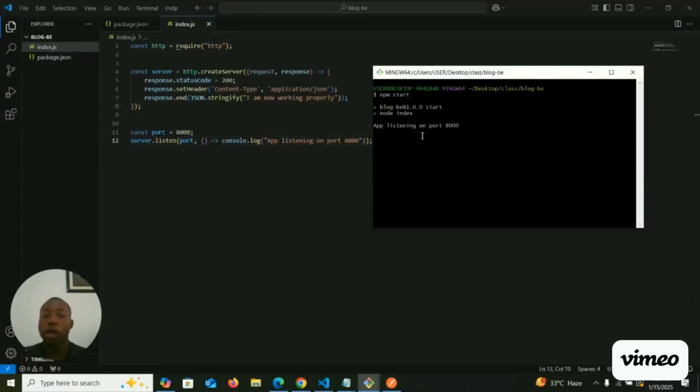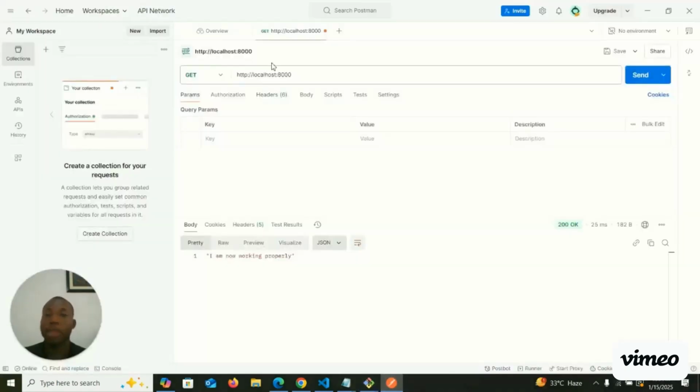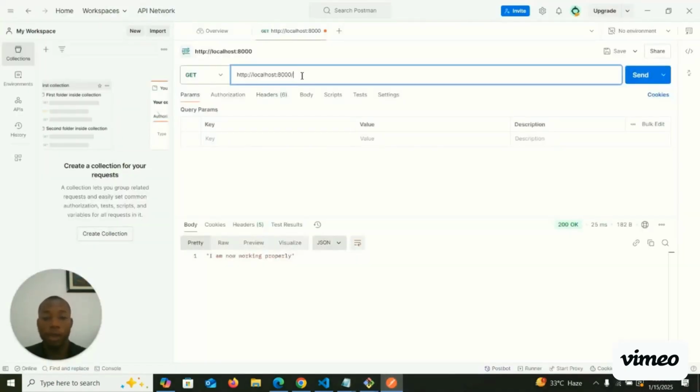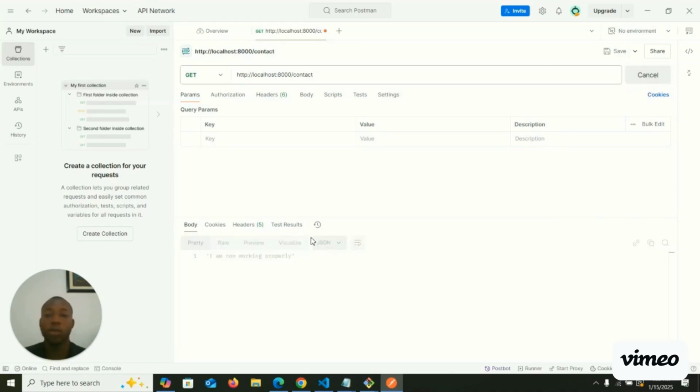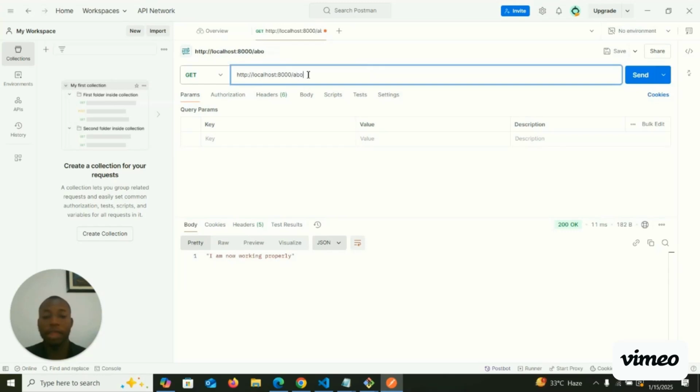Okay, so the way our app works at the moment is that no matter what route the client is trying to access, we are sending the same information back. What I mean is, right now I'm on my home route. If I come here to /contact, if I try to make a get request to /contact, I am now working properly. If I try to access /about,